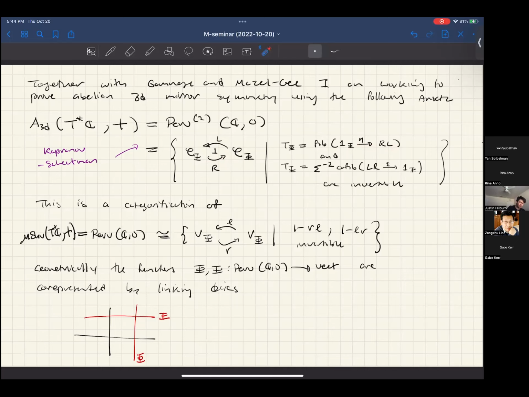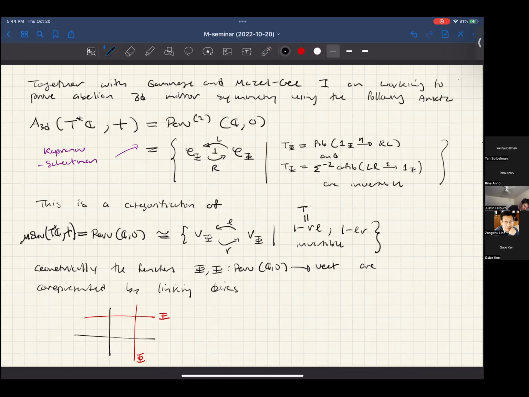And there's also the co-unit of the adjunction, which is a map from LR into the identity of the nearby category. And basically, you just take the cones on these morphisms,